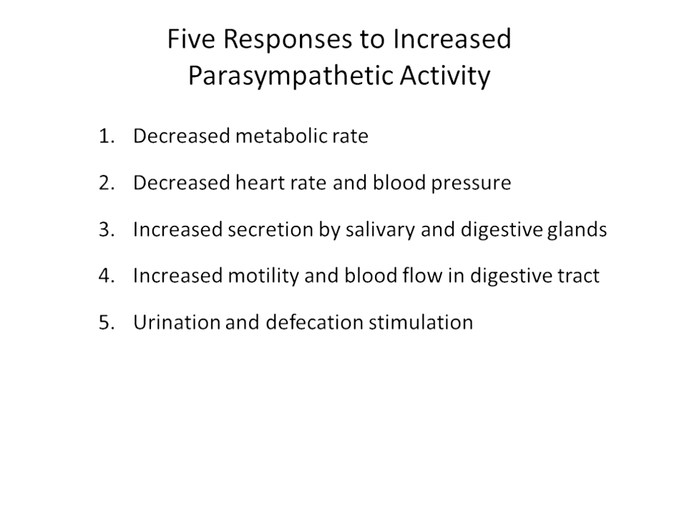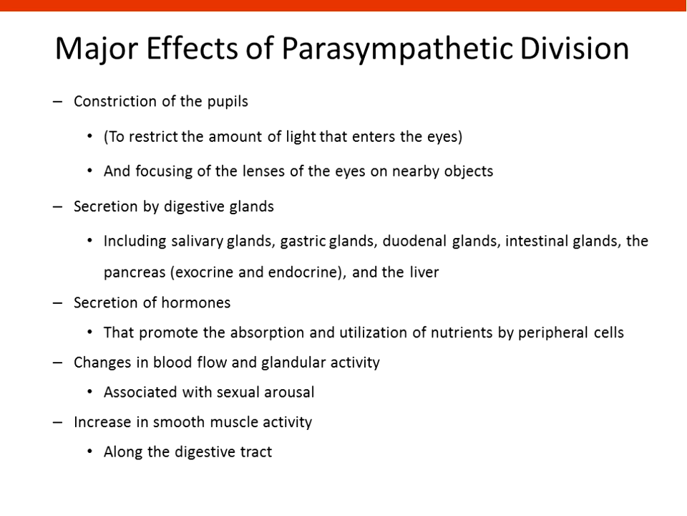We increase secretion by salivary and digestive glands. We increase motility and blood flow to the digestive tract. And we have urine and defecation stimulation again. Okay? So major effects of the sympathetic, they constrict the pupils, so they restrict the amount of light that enters